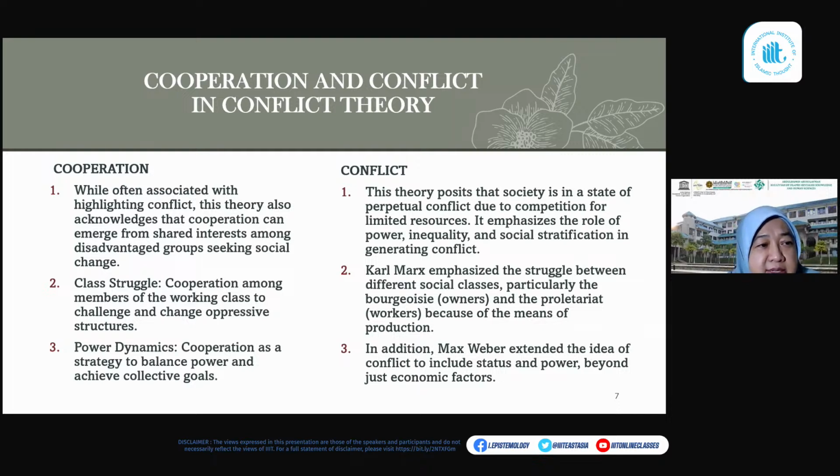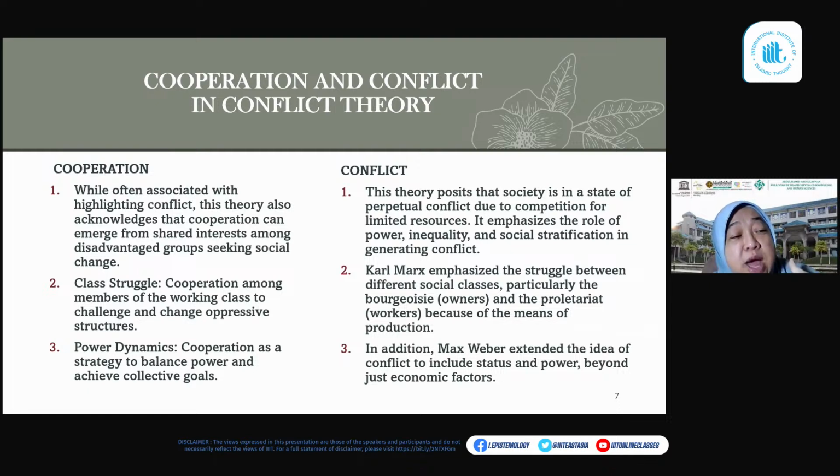Dialectical materialism. In history, humans are always in conflict, in competition to gain natural resources. So society is always in a state of perpetual conflict due to competition for limited resources. This theory emphasizes the role of power, inequality, and social stratification in generating conflict. For Karl Marx, he emphasized that this conflict occurs between different social classes,